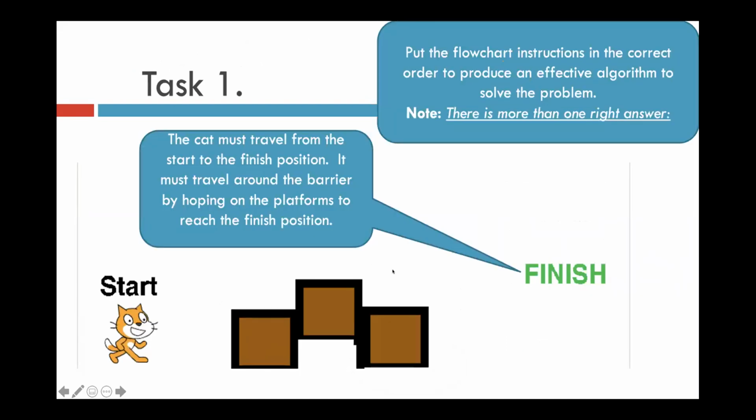So first of all, I just want you to give me some algorithm, some flowchart. Who wants to try to draw for us a flowchart which will make this cat move and go past these stairs to the finishing line here? Let me give a chance to